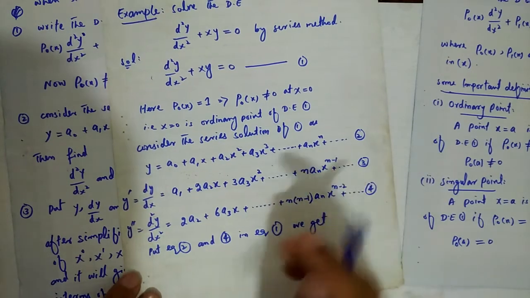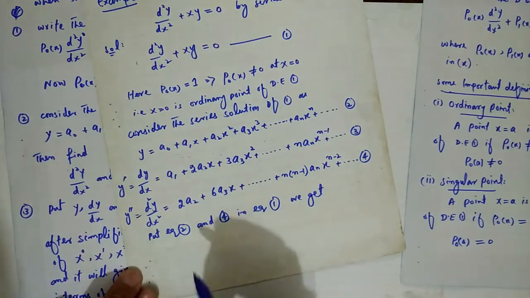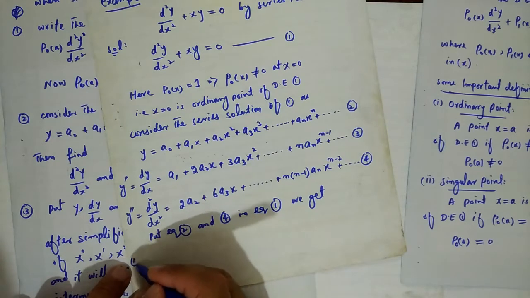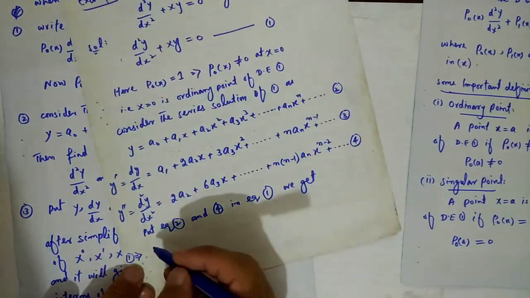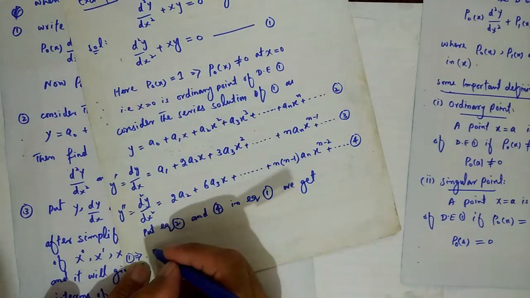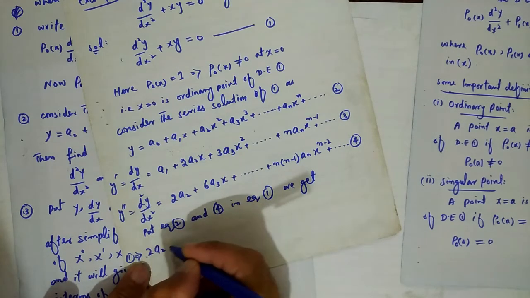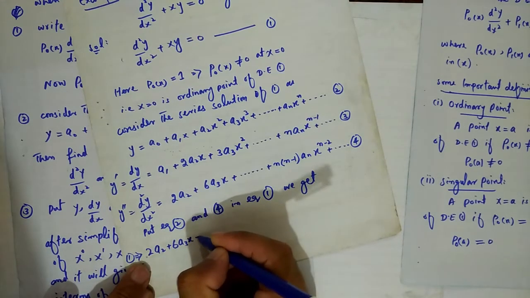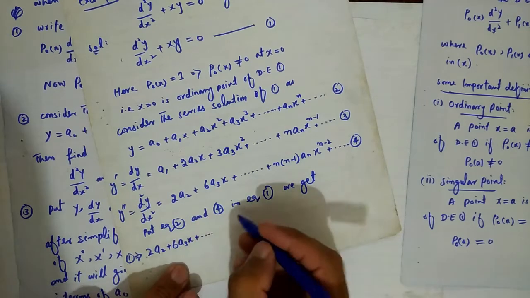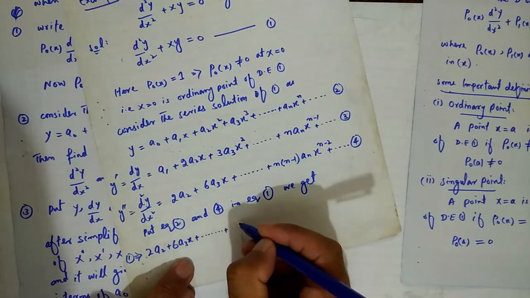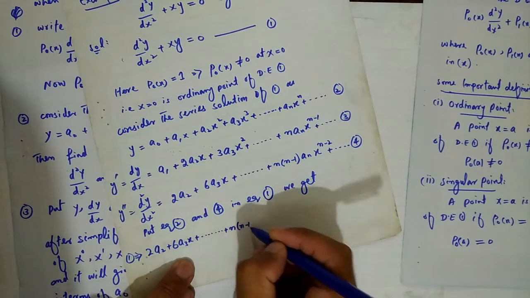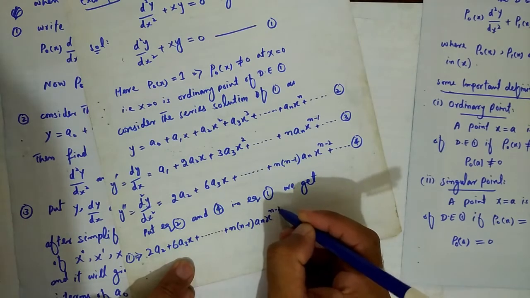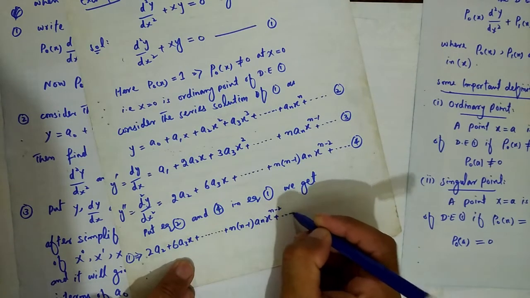We get, so equation 1 will be like this, from equation number 1: 2a2 plus 6a3x plus so on plus n times n minus 1 into an x to the power n minus 2 and so on,